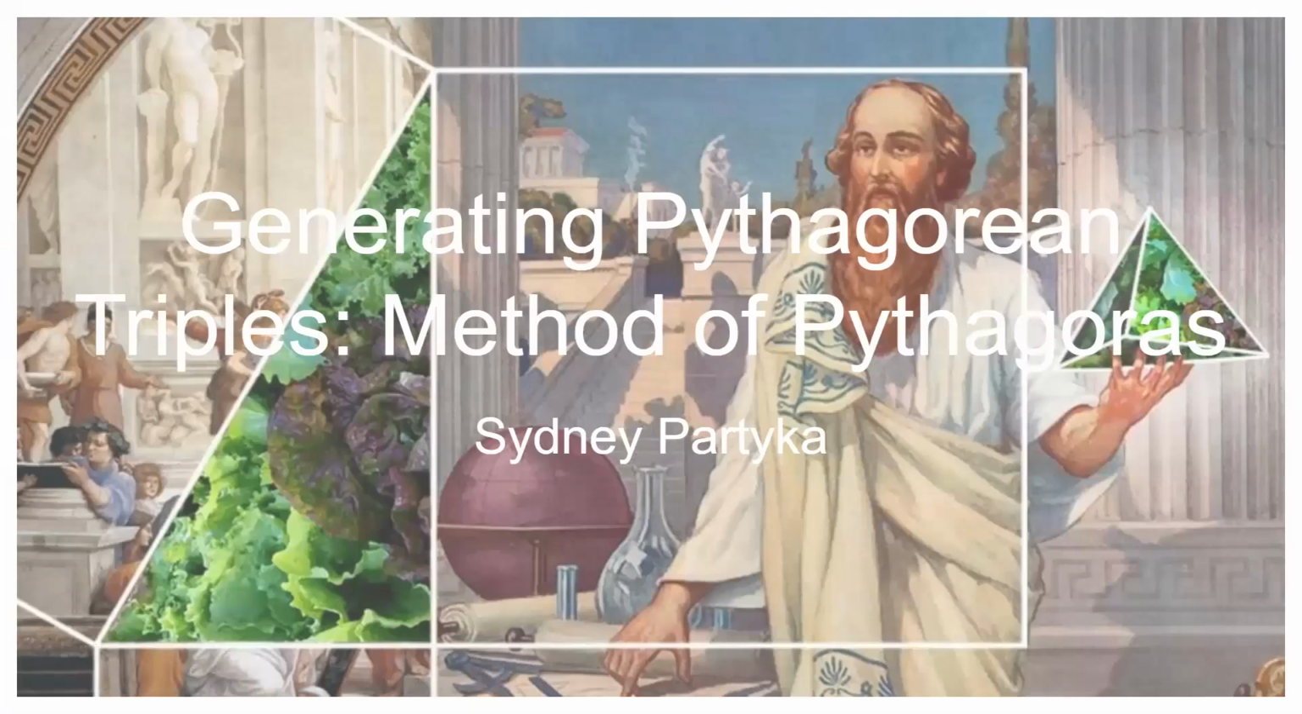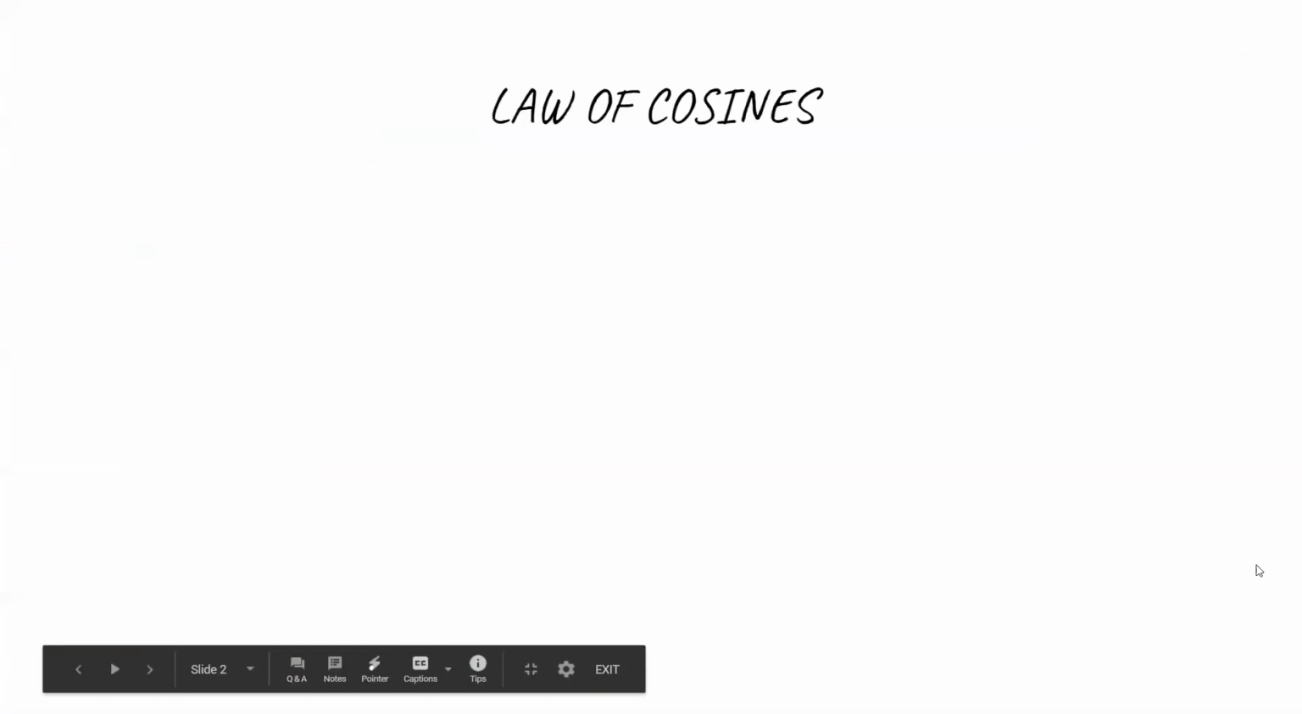Hi everyone, my name is Partyka, and today I'm going to be showing you how to generate Pythagorean triples using the method of Pythagoras. So to start, the law of cosines states that for any triangle, the relationship c squared